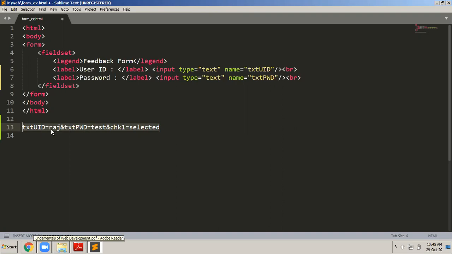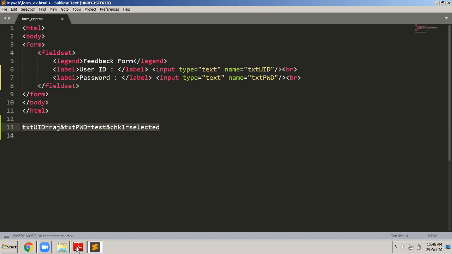When we write the server side PHP script, in PHP we will be able to extract the data entered in the form. But right now I want you to understand only one thing. Whenever you have a form on a web page, the form should use either the get method or the post method to send the data to the server. If the developer has written method equals get, then the data goes to the server, but it gets attached to the URL.